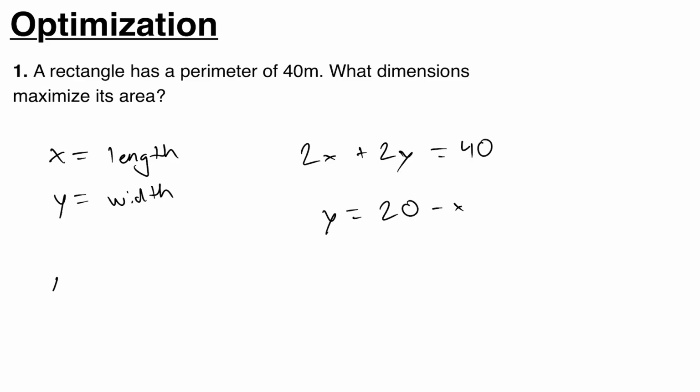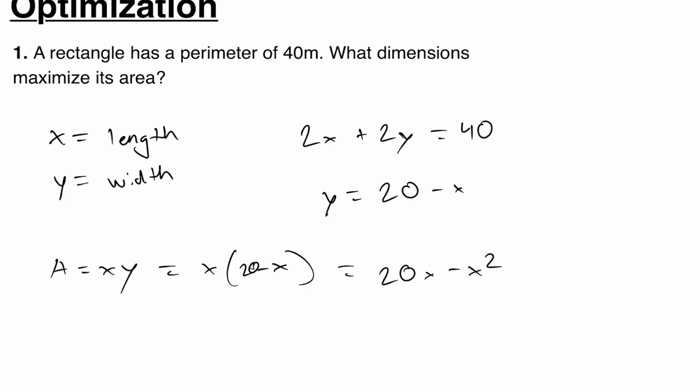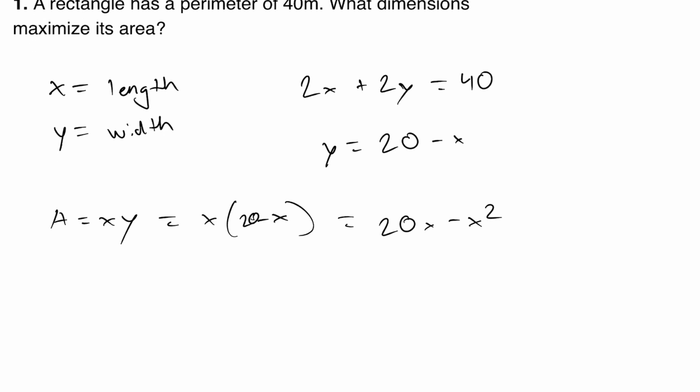So area is equal to the length times the width, so xy. And now that is going to be equal to x times 20 minus x, which is equal to 20x minus x squared. Now from here we can take the derivative of 20x minus x squared. So A prime is simply equal to 20 minus 2x